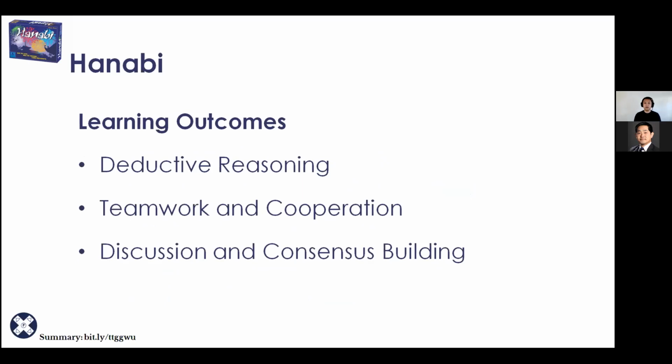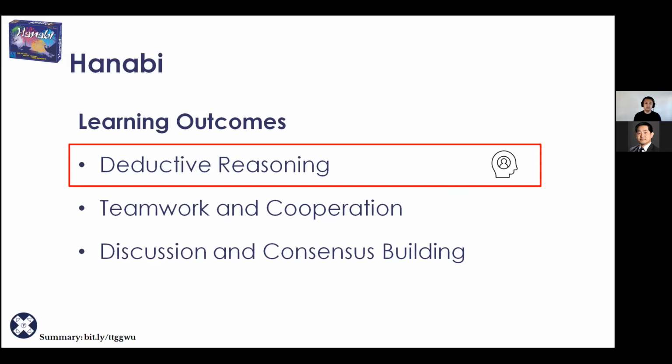Okay, so let's talk about learning outcomes here. Hanabi, unlike Just One, is a much more, I would say, objective, logistical, deductive game. And that's why I like to target this specific learning outcome, which is deductive reasoning. Because it is not overly complex, based on the kind of clues that you are given by your teammates, you can use deductive reasoning in order to determine what cards are left in your hand. If someone tells you a single card you're holding is blue and another person tells you that that card is a 3, you now know it's a blue 3. It's not overly complex, but something I like to focus on when I'm really targeting deductive reasoning as a learning outcome.